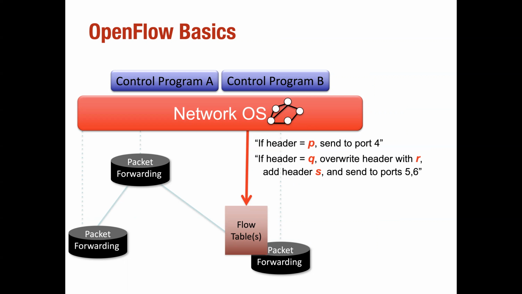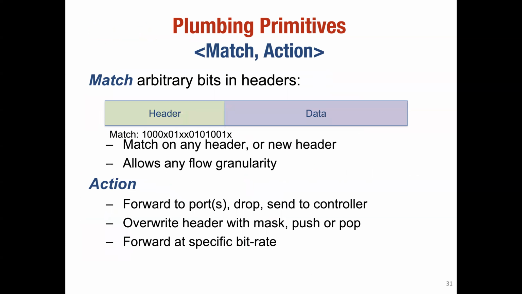So it has a forwarding action, it has a write action to the header, right? And then a rule can be that, hey, if you see a header that I don't have a rule for, you just send that packet to me, to a control program which will be sitting in the user space, and then it can handle those unknown headers as well, or the packets that we don't have a rule for. So the plumbing primitives here, there are two basic things.